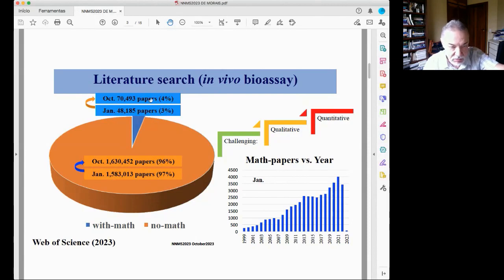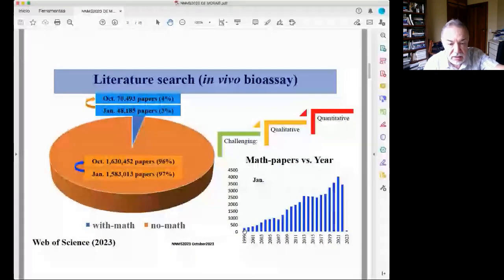And then 3 days ago, we found a very good news. It improved a little bit from 3% to 4%, which means the research community working in this area